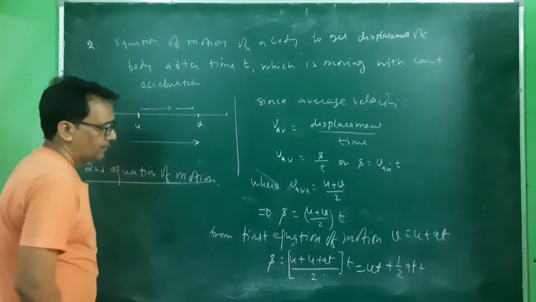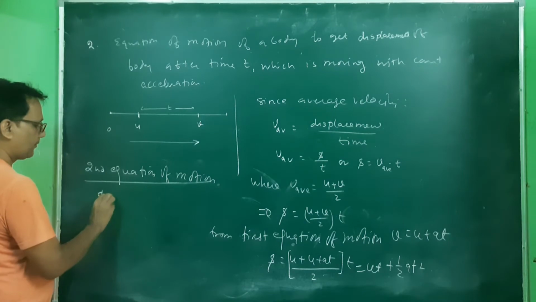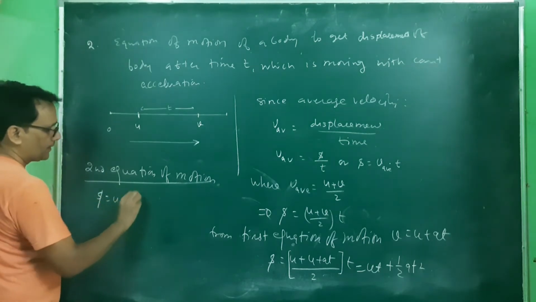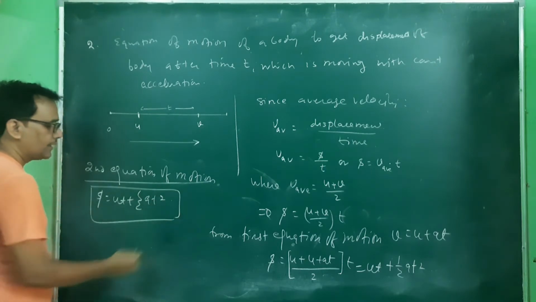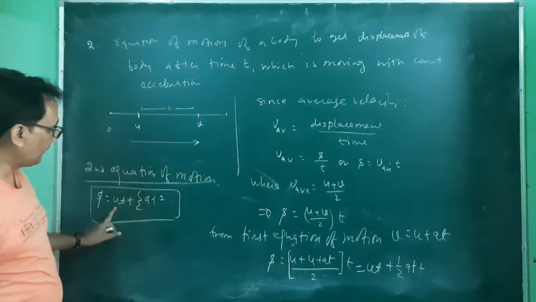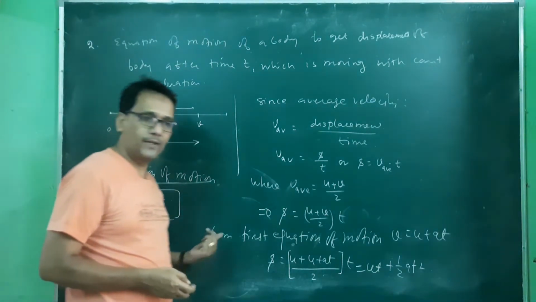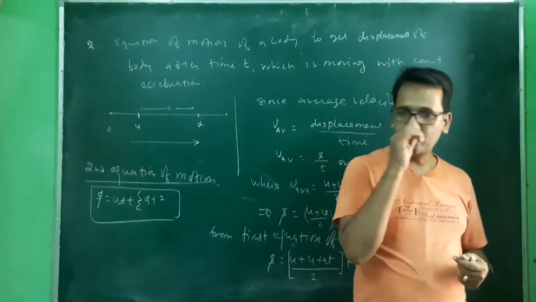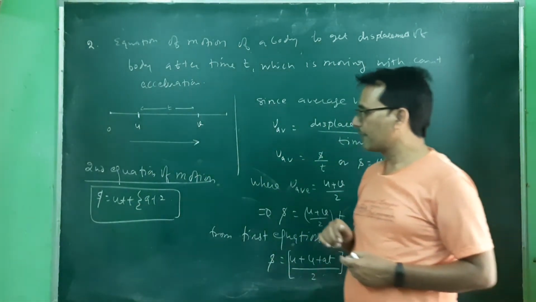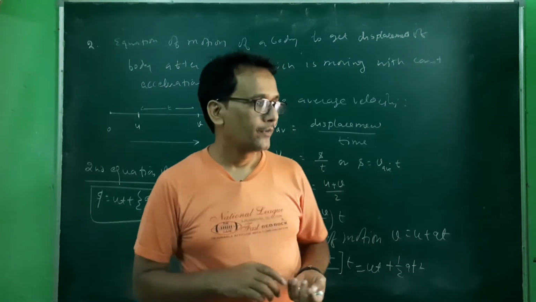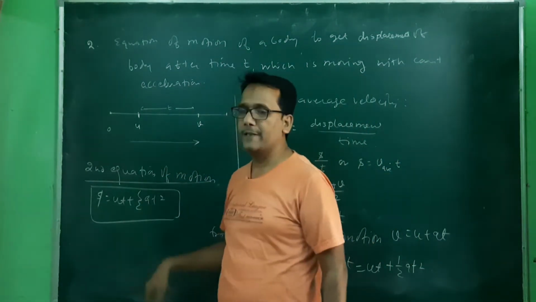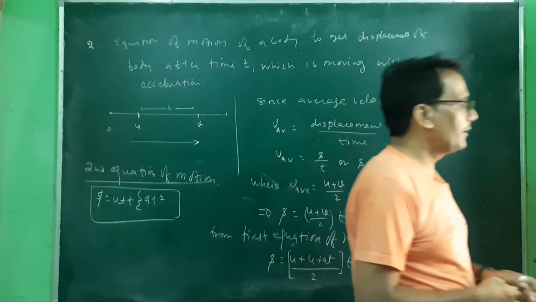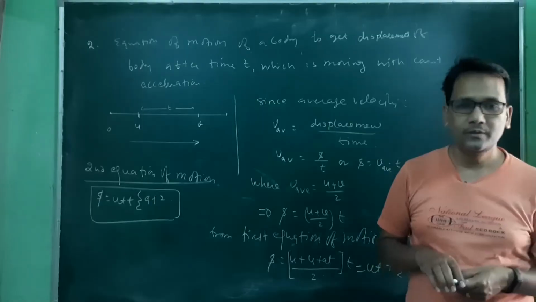This is that the displacement is equal to ut plus half at square. So this is the relation between displacement, initial velocity, acceleration and time. Again, 4 variables here. Out of these 4 variables, if 3 variables are given, you can calculate the fourth one. So this is the measurement of displacement after time t, when initial velocity and the time is given.